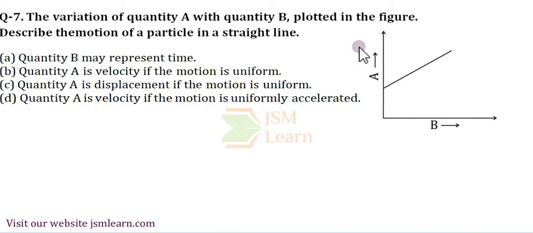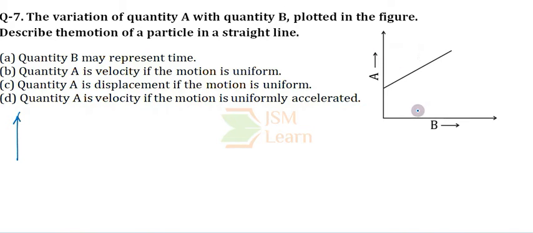In the question, they have discussed the variation of quantity A with respect to B, and they have plotted that in the form of a graph, which is obtained as a straight line, and they are asking us to describe the motion of the particle. The first option says that, so generally you may have observed in the kinematics, when we